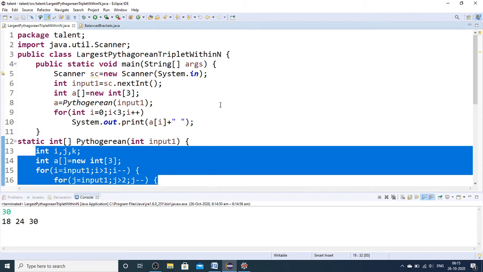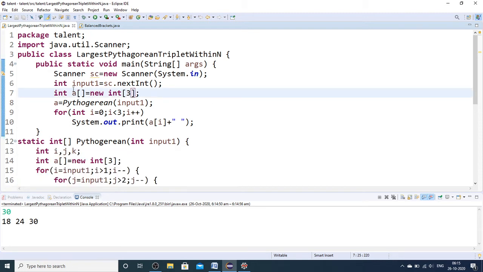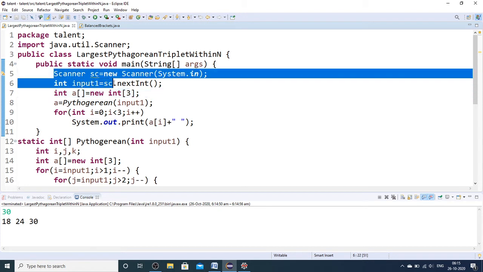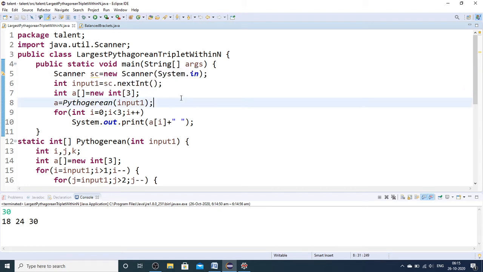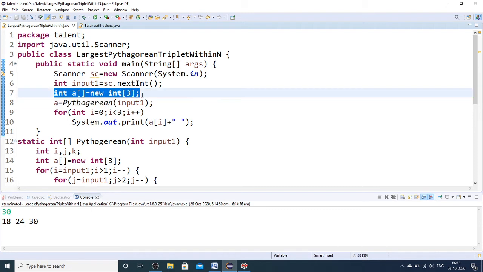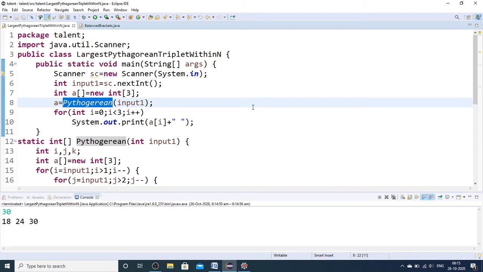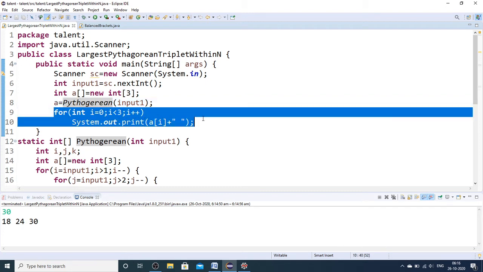Since I am running on my desktop, I am writing this main method, and in the main method I am just reading the input, that is the n value, and since I am supposed to return an array, I have created an array of size 3, and then I am calling the Pythagorean function by passing this input as argument, which is going to return an array as output that I am storing in A, and those array elements I am displaying on my desktop.